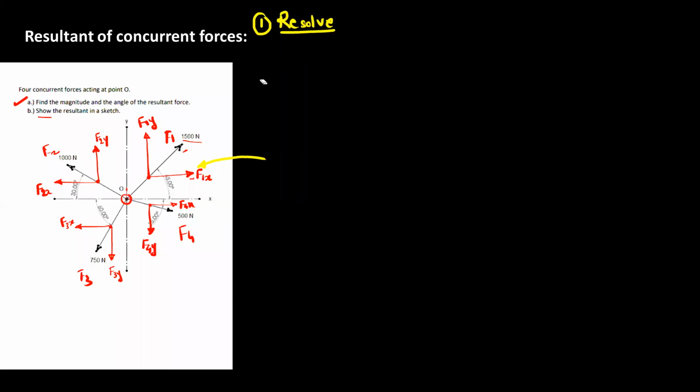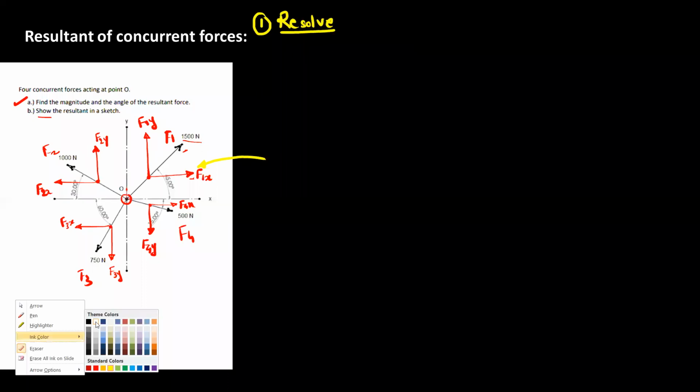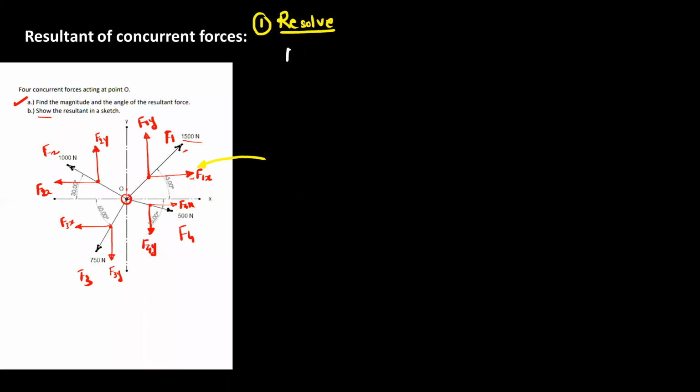Okay, so now we have resolved the forces. Now we will write the equation for each component. Okay, so consider F1. So for F1, we have component F1X and F1Y. Okay, so observe F1X. It is towards positive X direction. Okay, so this value will be positive. Now the angle is